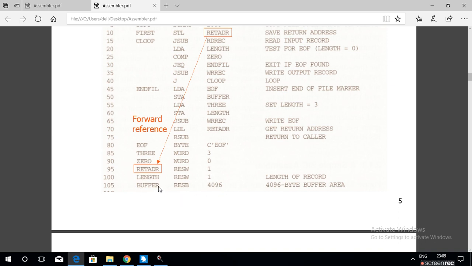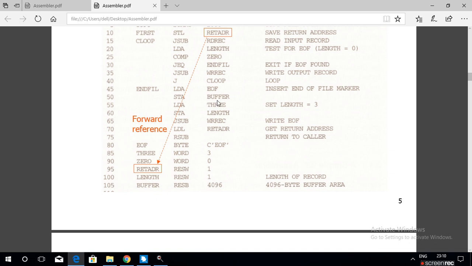BUFFER is the label for this memory location. It is just like an array name. This buffer also acts as a symbolic name for all these 4096 memory locations. Whenever the symbolic name appears, the constant value will be substituted in the program.